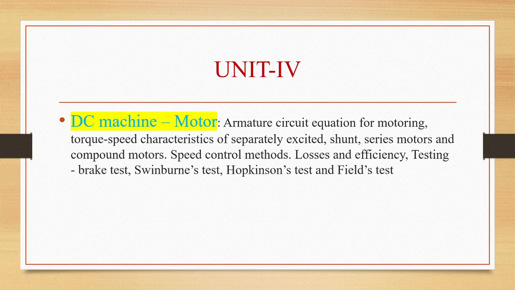Next class we will see what are the various types of DC motors. That is separately excited and self-excited. And under self-excited, three types are there: shunt, series, and compound. Then characteristics of all the types of DC motors we will see. Then speed control methods. In speed control methods we have two main methods: armature control method and field control method. Okay, and in laboratory also these two methods are explained.